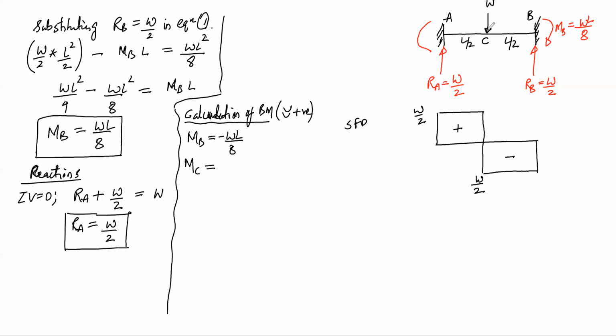at this point. Consider a section at C and consider right hand side. If I consider right hand side, so this will be minus WL by 8 due to this moment MB, because it is hogging, and RB into L by 2, so this is sagging, so it will be plus RB, that is W by 2 into L by 2. So moment at C will be WL by 8,